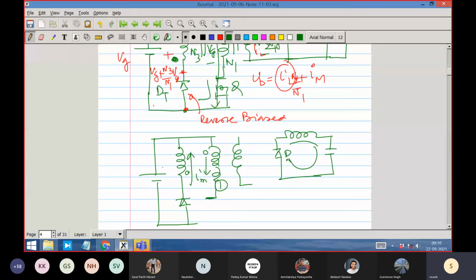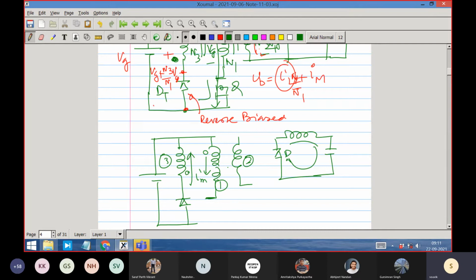Together they are supporting the magnetics, the flux in the core. So one has relinquished his job, and another fellow has picked up. That is the third coil. They are in it together for sustenance of the magnetizing current. So there is no particular burden on coil number 1 to maintain the magnetizing current. It could have jumped somewhere else also. Sometimes we see that it will jump to the secondary coil number 2, but in this case it does not, because it will not be supporting the other constraints.